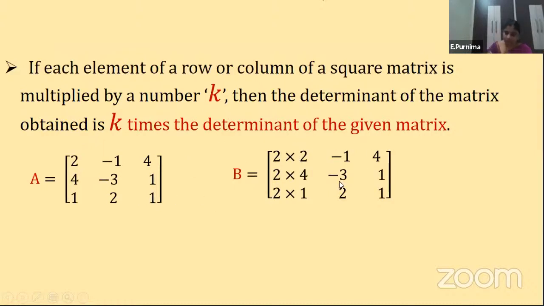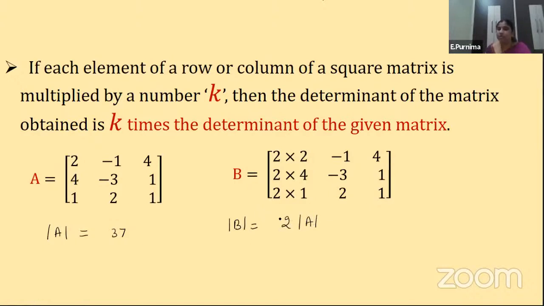the determinant of the given matrix. So what is the determinant of the given matrix actually? Already we did, children. Determinant of A is equal to 37 we got. Yes. Now here if I multiply this one column with 2, the same scalar quantity, then the determinant of B will be k times, that is 2 times the determinant of A, because from the same matrix A, the first column is multiplied with the scalar quantity 2.